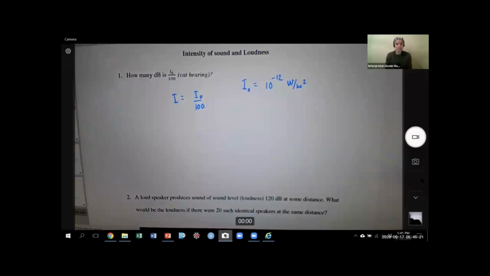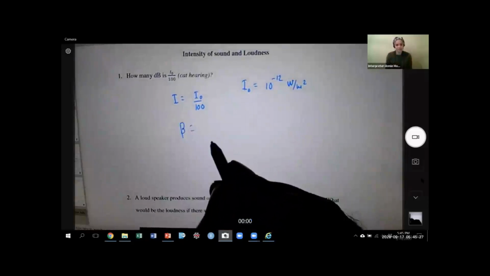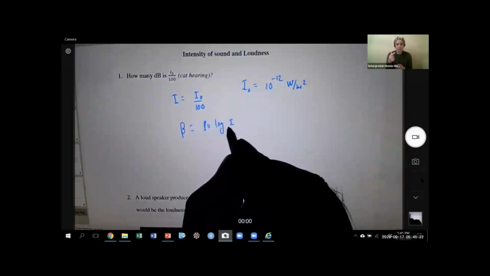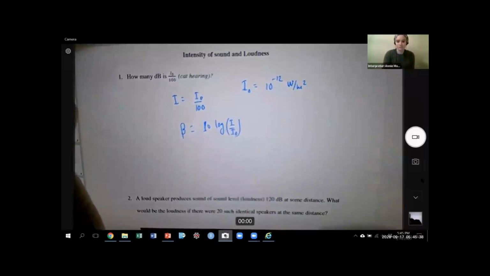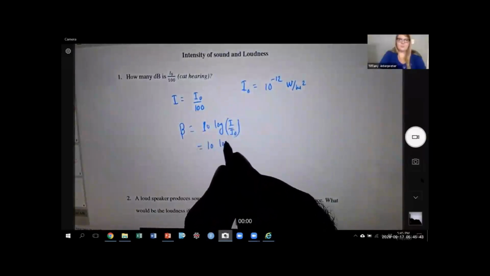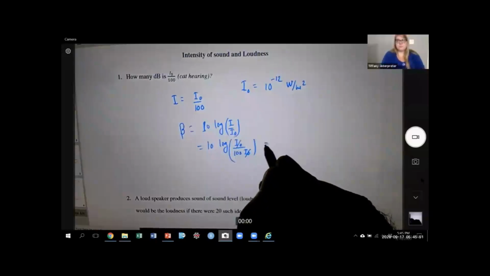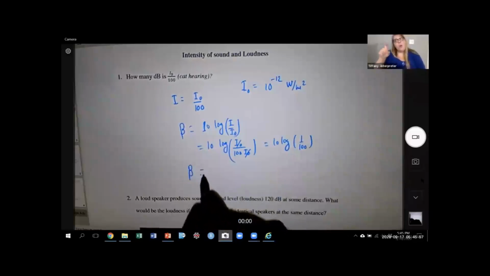And what's the decibel level, right? Loudness, that's what we measure the sound by. So now just use the straightforward formula: 10 log I over I naught, that's the decibel level formula. And just put I as I naught over 100. So 10 log of I naught divided by 100, and in the denominator you have I naught, so I naught will cancel out. It's basically 10 log of 1 over 100. And just do that calculation, right? That's the decibel level of this sound.